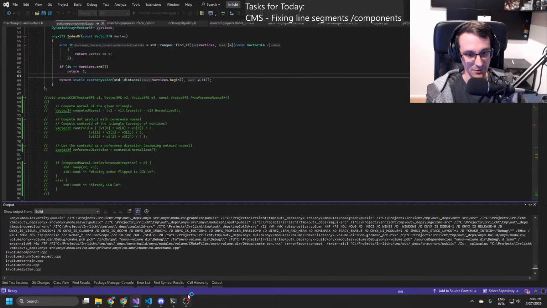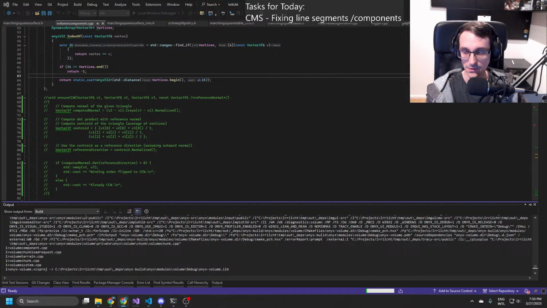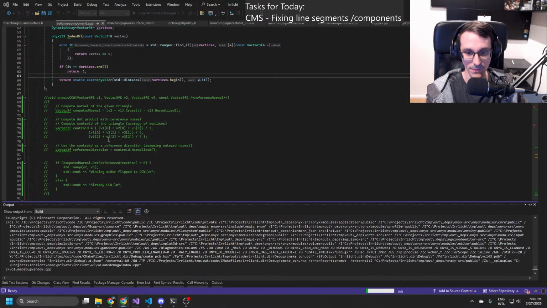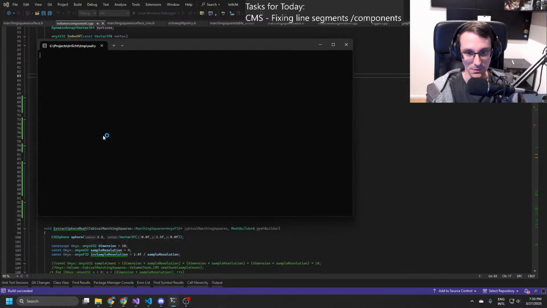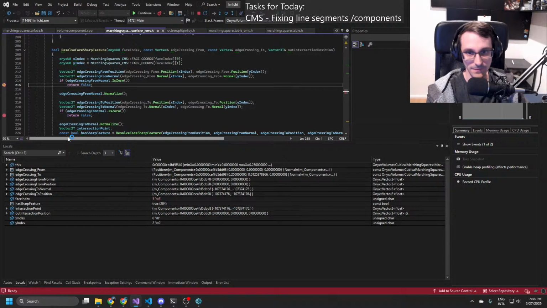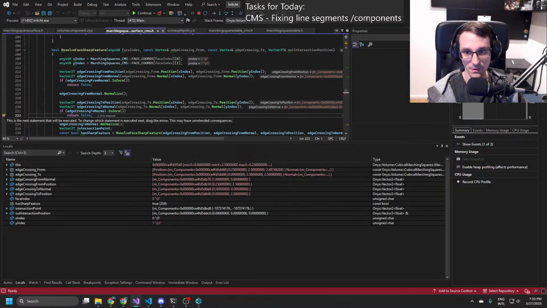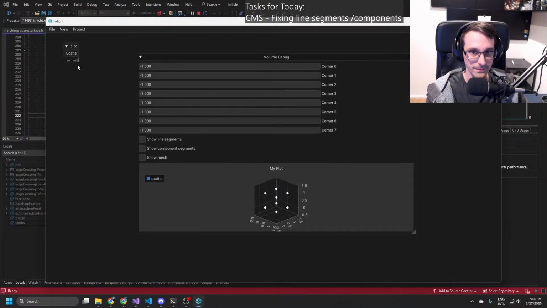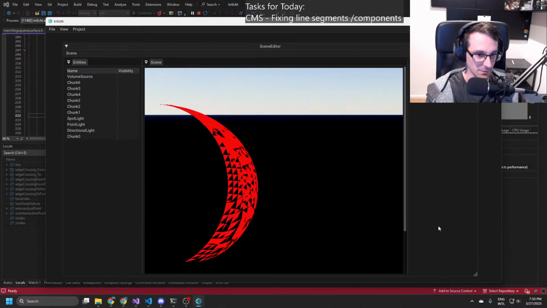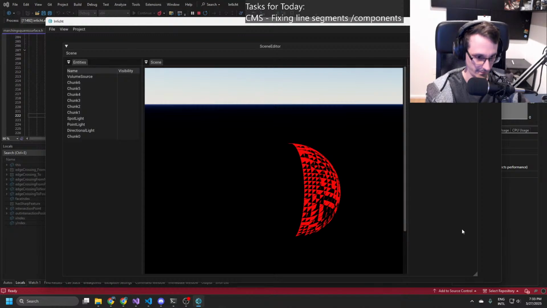But if we have just a simple shader and nothing fancy going on there, then we got this beautiful thing. Well, if it continues, which is, yeah, we have a sphere, but